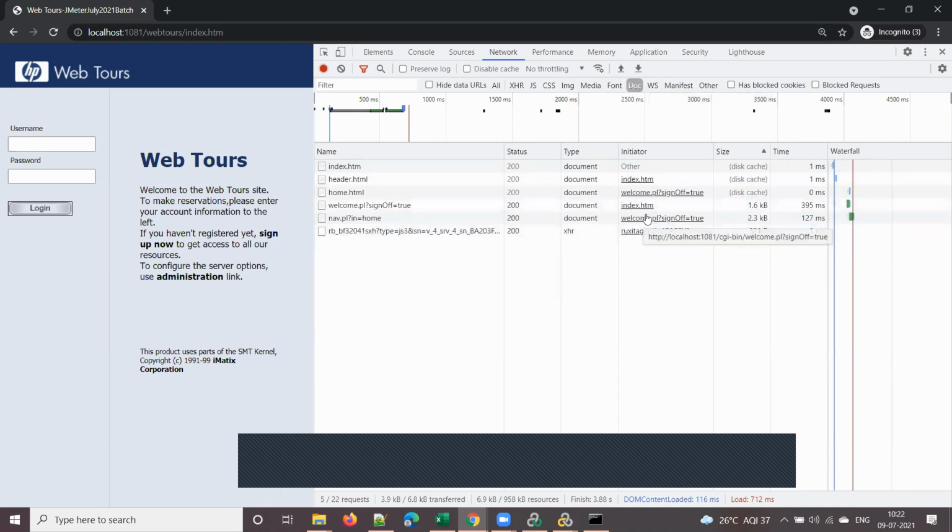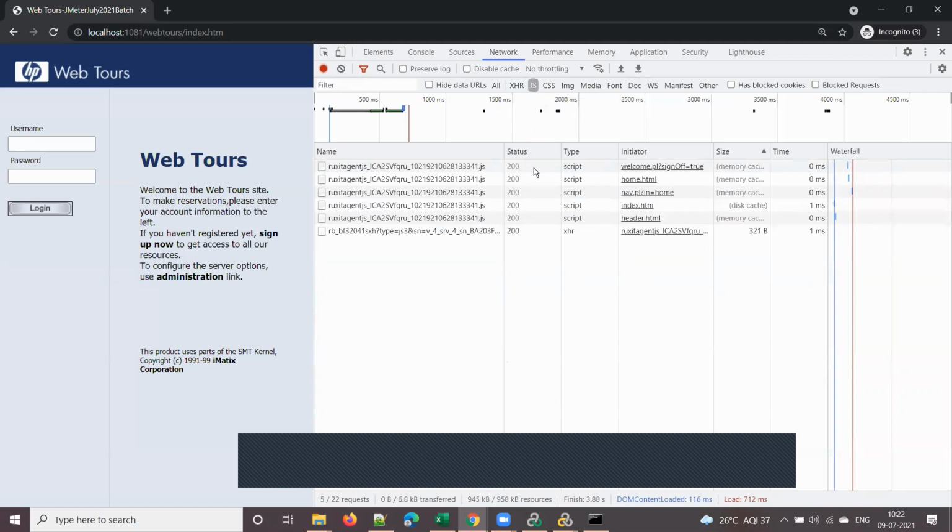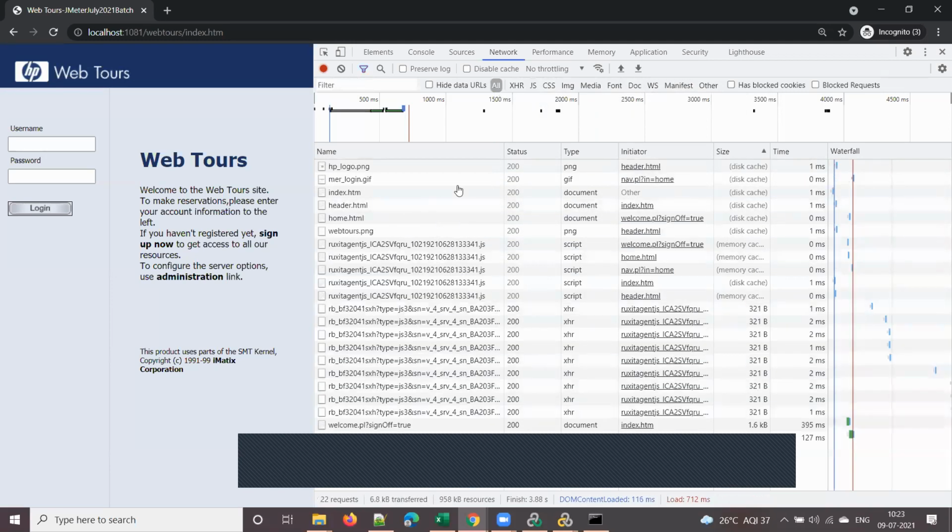HTML files, and of course there is a PL file, Perl file, PL for Perl. Basically, this WebTools application is developed in Strawberry Perl. Let me show you a few more things. Suppose you want to see JavaScript files. Of course, this application doesn't have any JavaScript files. These are not relevant, leave it, not required. But if you want to see only a particular type of file, you can use this filter option. By default, it will be all, so that's why you see all the resources.